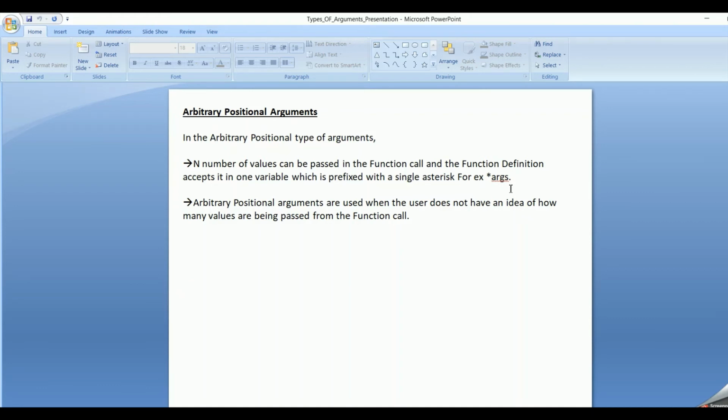And this is used when the user does not have an idea as to how many values are being passed from the function call. So he'll just give one variable prefixed with a star in the function definition. So it will take n number of values from the function call.